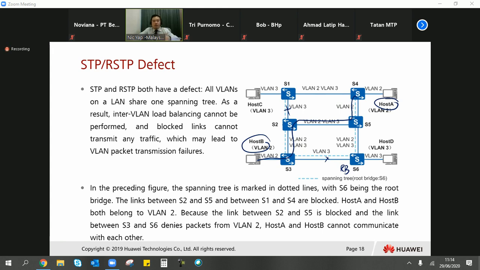Let's say you have this situation. What I can do is change switch 2 or switch 5 to become a root bridge. Then things will be solved in this method. But definitely that is only for this case. You need to check and design properly which one becomes the root bridge. If you have more